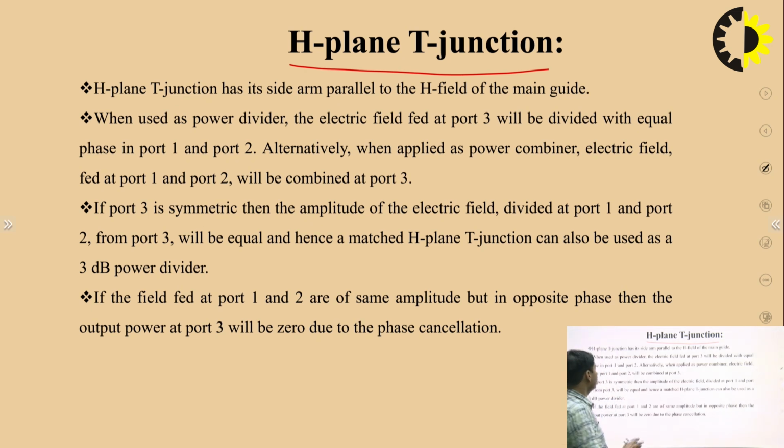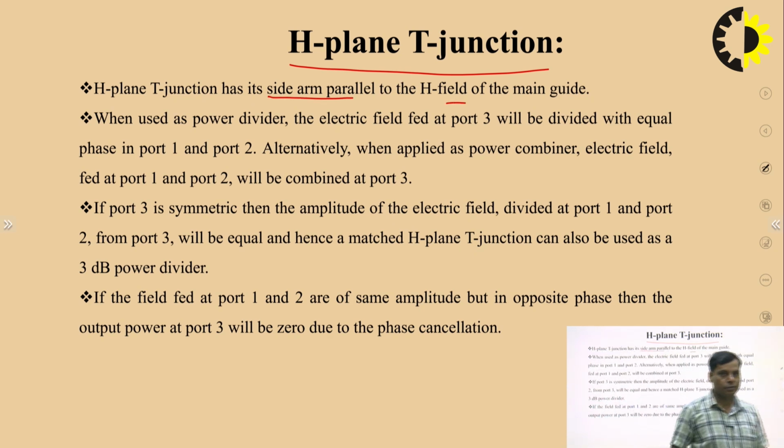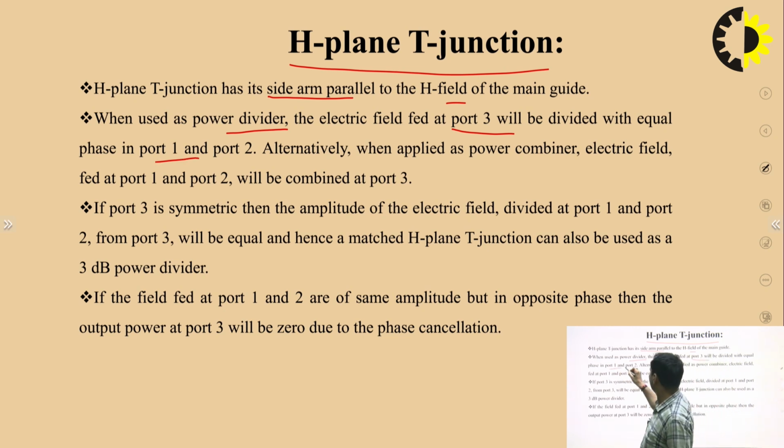So the H plane T junction has its side arm parallel to the H field of the main waveguide. That means the magnetic field. When used as a power divider, the electric field at port 3 will be divided with equal phase in port 1 and port 2. That means when we enter the power from port 3, it will split equally along port 1 or